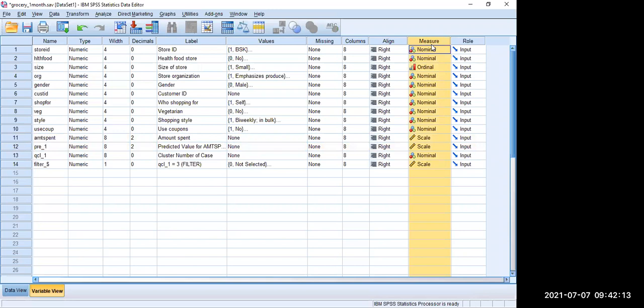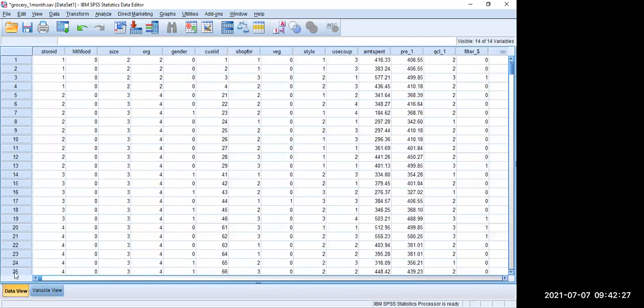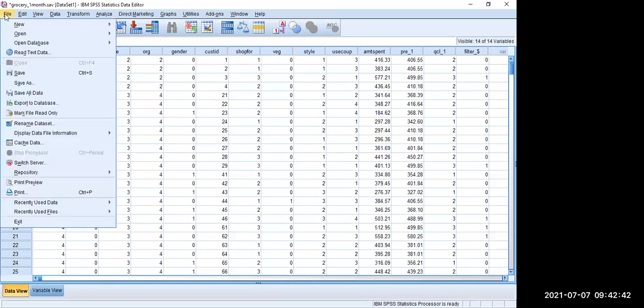If you see on the screen, measure. All right. So here you choose, is it a scale item variable? Is it ordinal? Is it nominal? All right. Now, last but not the least is the role. That means data has to be input. So you're keeping it as an option that the data file should be entered per se. All right. So let us come back to the screen again. Now, most of the data entry that you will be doing will generally come from Excel. So how do you open that?